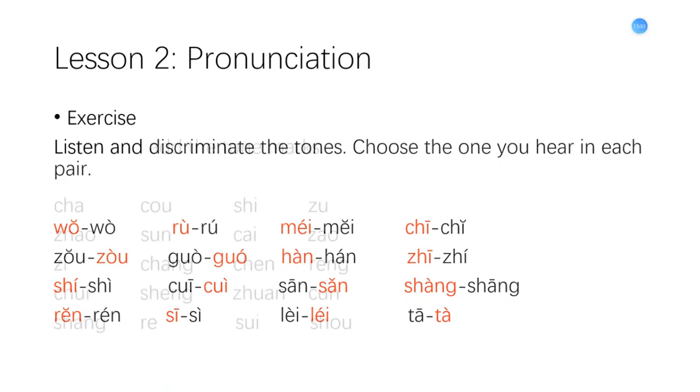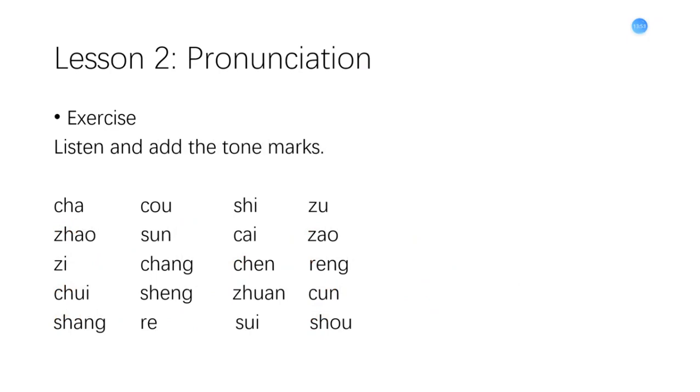And again, let us make another exercise of the tones. And this one is listen, and add the tone marks for each syllable. Okay, and this is not choose the one you hear. This one is more challenging. I will read a syllable with a certain tone, and you write down which tone I read. So from the first line, please listen carefully. Each syllable I'll read 2 times. So the first line,